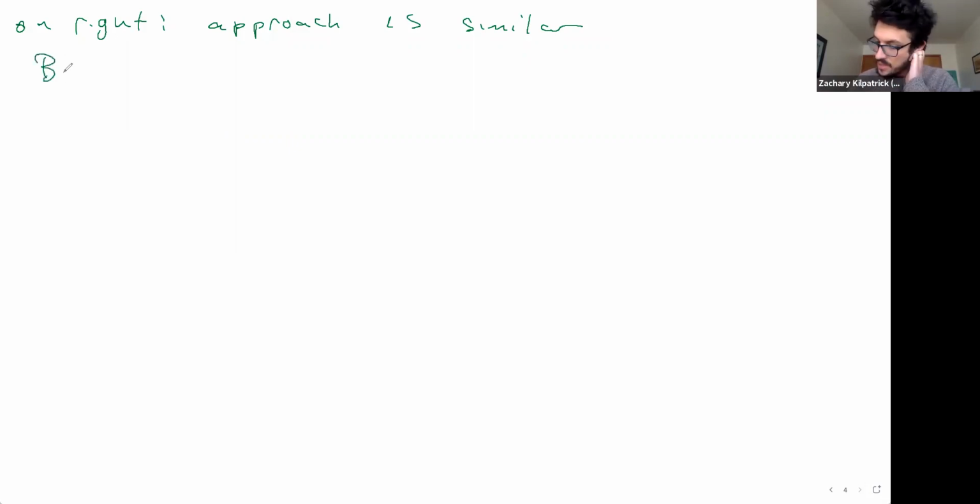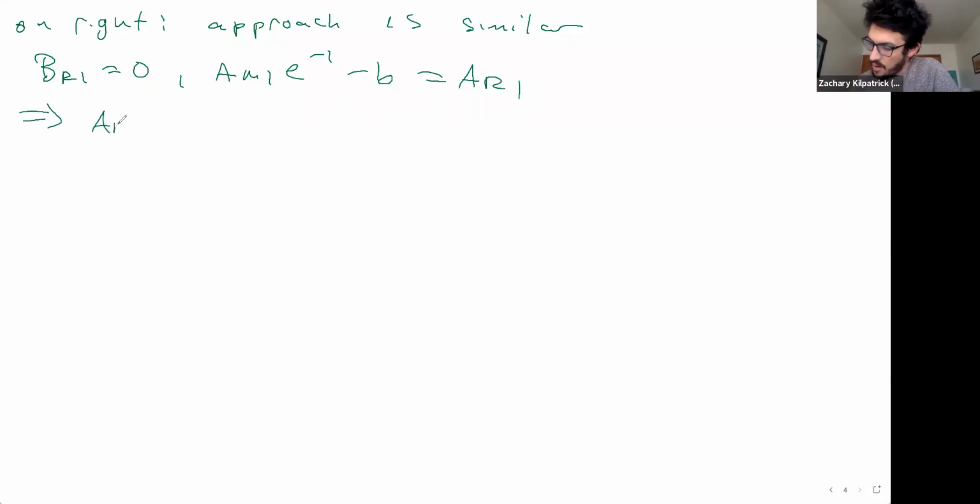We get that B_R1 is equal to 0, A_M1 e to the minus 1 minus b equals A_R1, okay? So in total, we have that A_R1 equals 0, B_R1 equals 0, A_M1 equals EB, A_L1 equals EB,